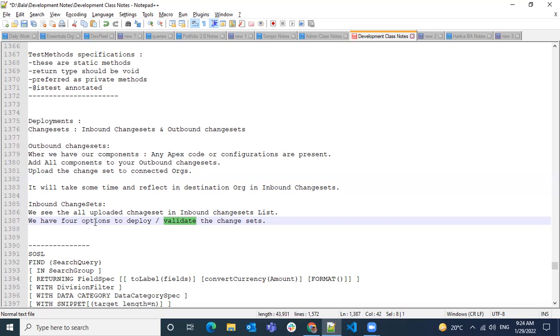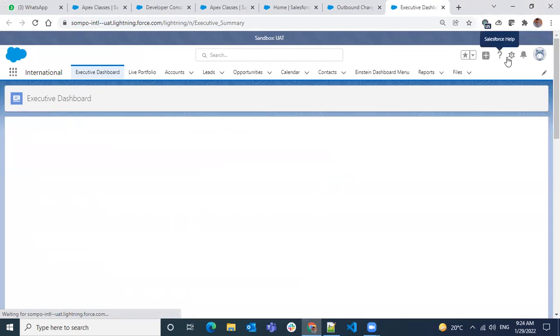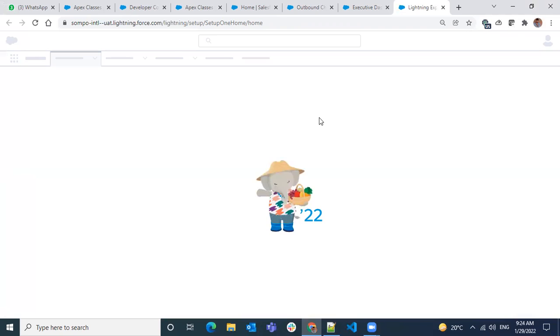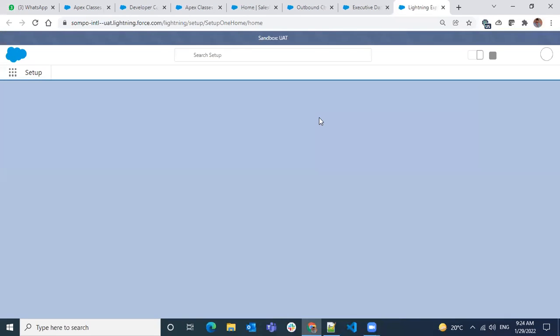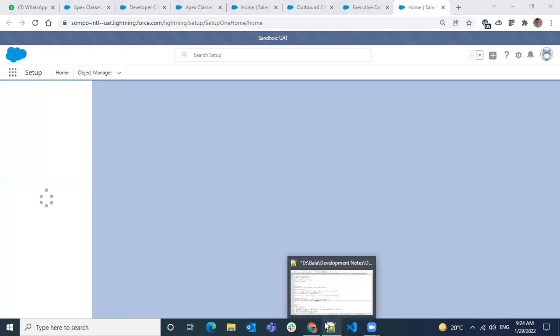After that, I said there are four options to do the deployment, right? Now we'll see how it looks when we say validation or deployment. What are all the four options? The four options are